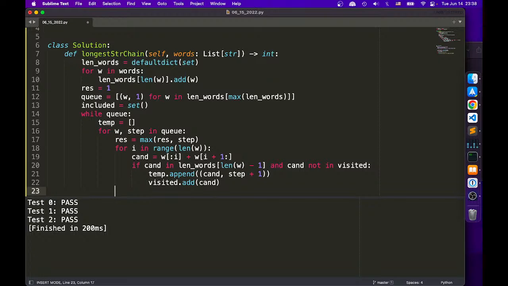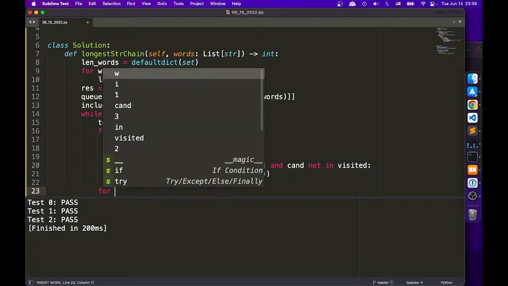Okay, so done with the current word, right? Now we go for the next word in the queue. So for everyone, we repeat this process. Right, we'll repeat this process until we're done. Then we say q equals temp. Oh, hold on. We need to go through to see if there's anything remaining that has not been added. Then we just say for